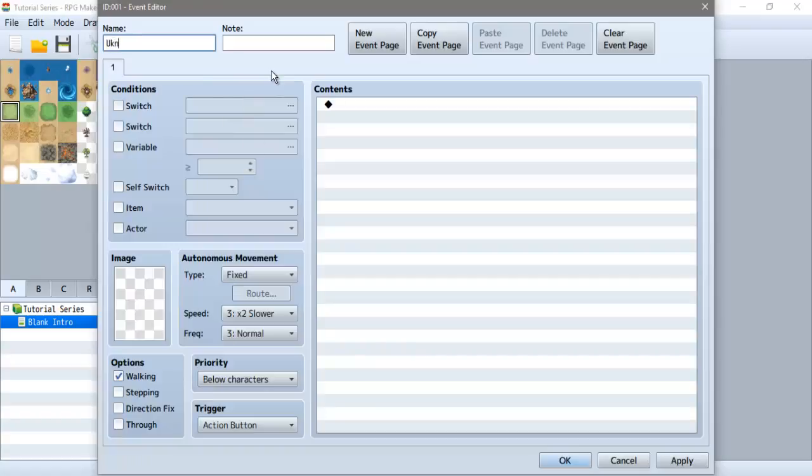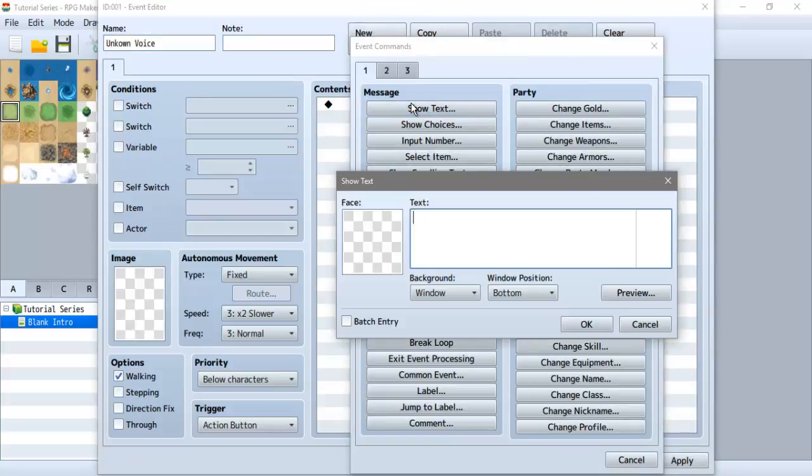So let's go and give him his name. And down here, this is how you're going to do a name. You're going to do \n, and then all those little squigglies, and then the name. So we're doing unknown voice. There we go. So now it will say above the person's text, unknown voice. And we'll have him say, welcome